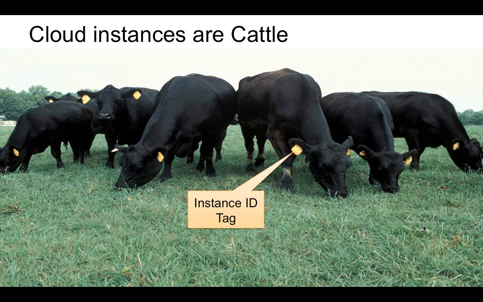That doesn't scale. So the way to think about cloud virtual machines or instances is that they are cattle. They are all supposed to be identical. If you spin up hundreds of them, you don't have time to give them names, and you don't want to give them high identities or specialized configurations. Cloud instances implement a known good state. And if they deviate from this known good state, or if they get unhealthy, then you shoot them in the head and you replace them with another one.